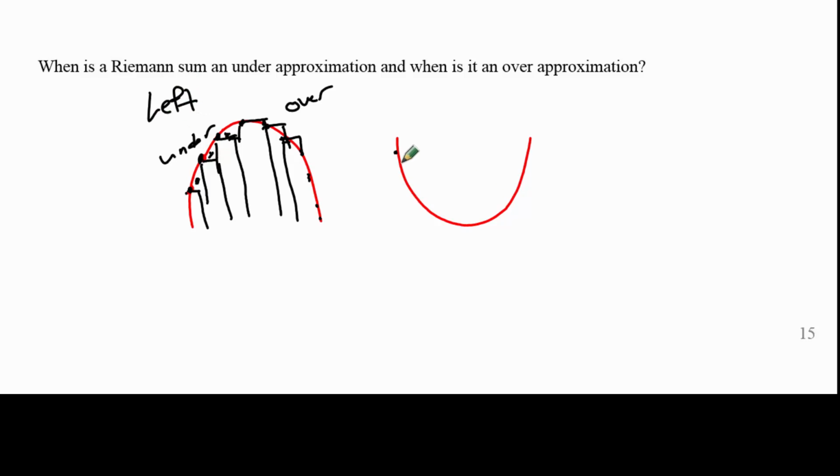Let's look over here. We have some endpoints. For a left Riemann sum, we have an over-approximation right now. We have these two endpoints, and I'm using the one on the left to make my rectangle. These two, I'm using the one on the left. My area of the curve is here, but I got a bunch of extra area over. Now on this side, my left is here, my right is here, so I'm way under-approximating this area. I'm leaving out all of this area here, and all this area here. So it'd be under. So a left is an under-approximation